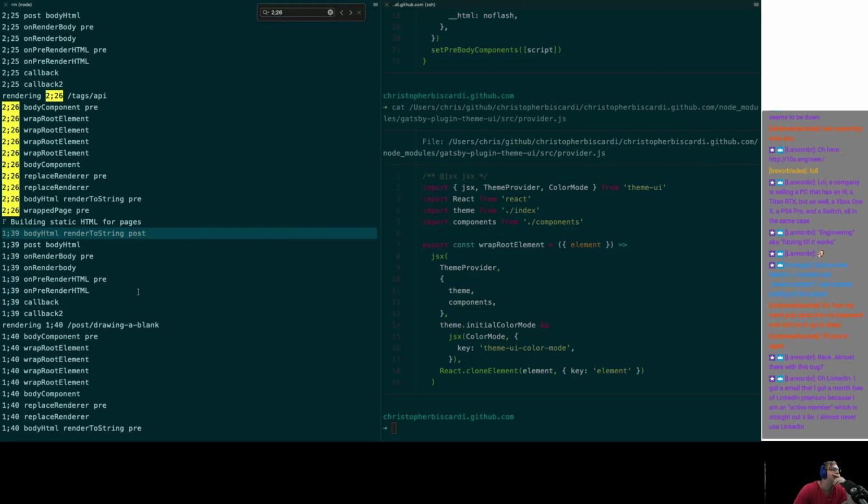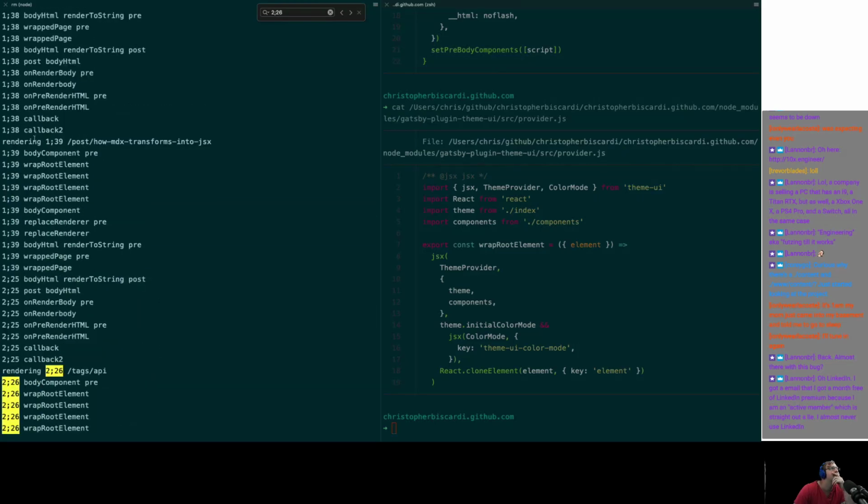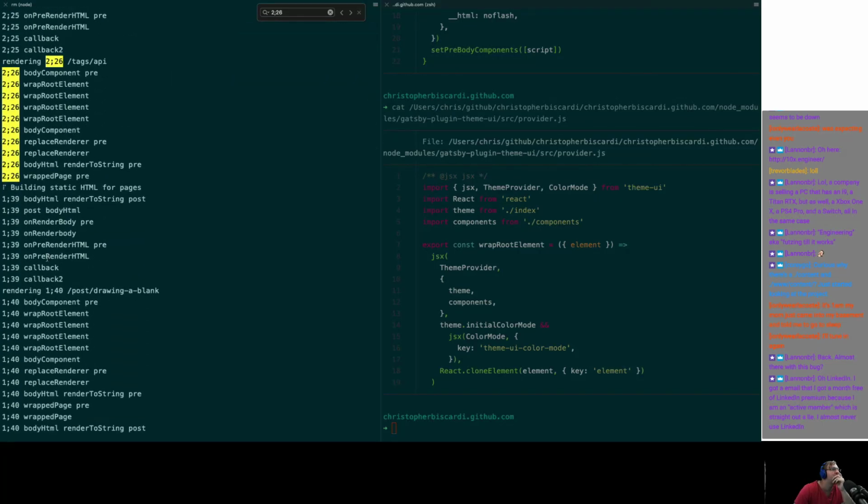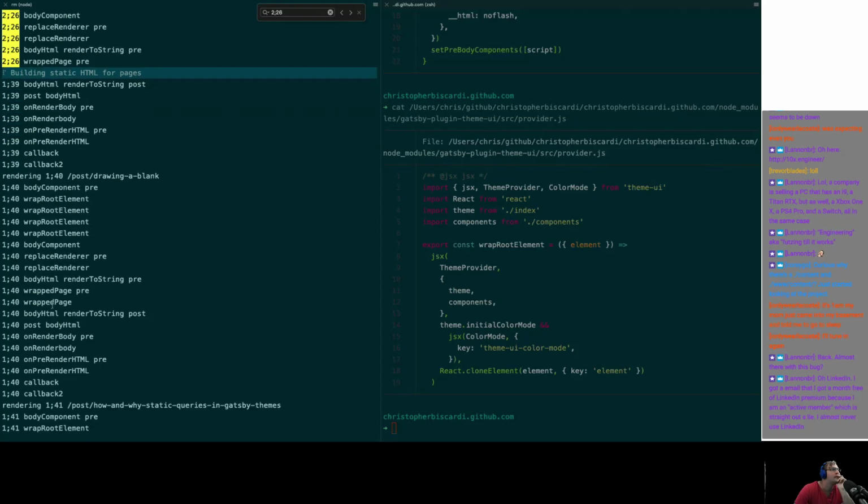$139 hits what first? Body component pre. So body component pre is the first. So that's our first, and it only makes it to wrapped page pre. It might make it to wrapped page if this doesn't stomp on us, because that's the same thing as making it here, and then this could be the stomping that happens. We definitely don't make it through body HTML render to string post,